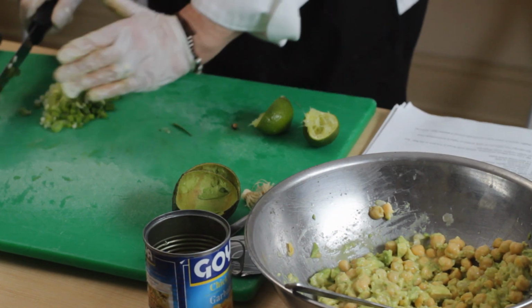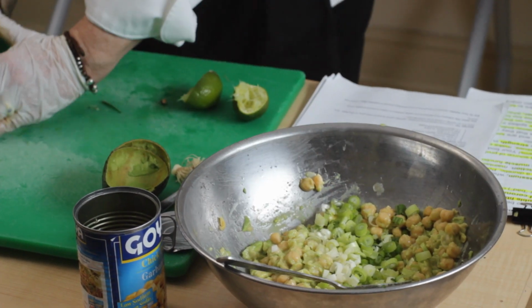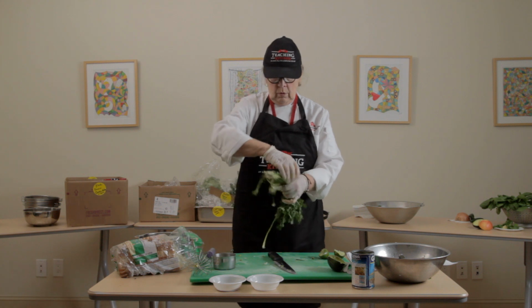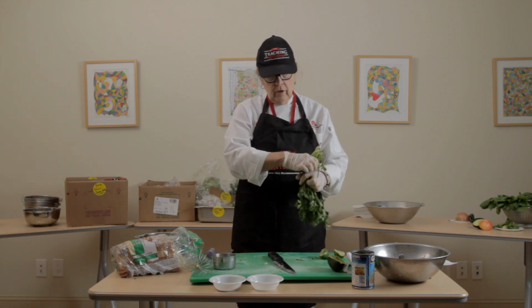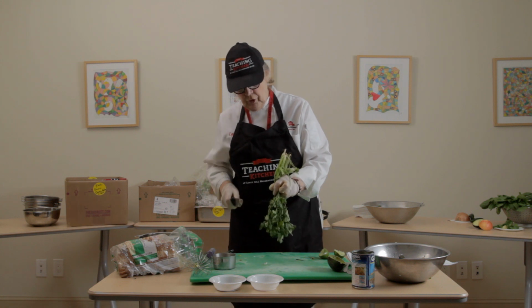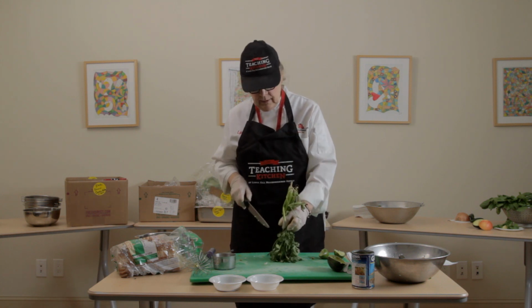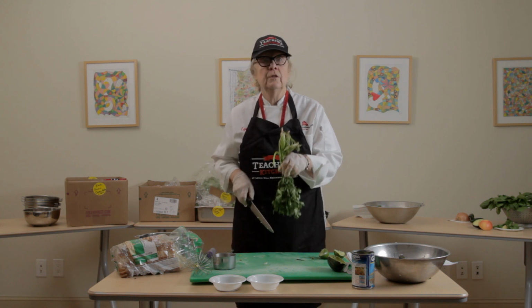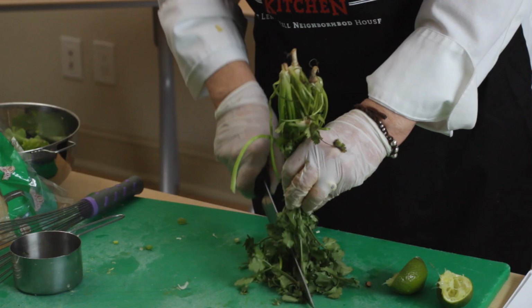So there's your onion going into your dish, and then we're going to put a little cilantro. It's also a trick when you're chopping herbs. If you hold the herbs up like this to cut them off of the stem, you're going to get less stem in there. So hold them straight up when you're cutting it off, and kind of use